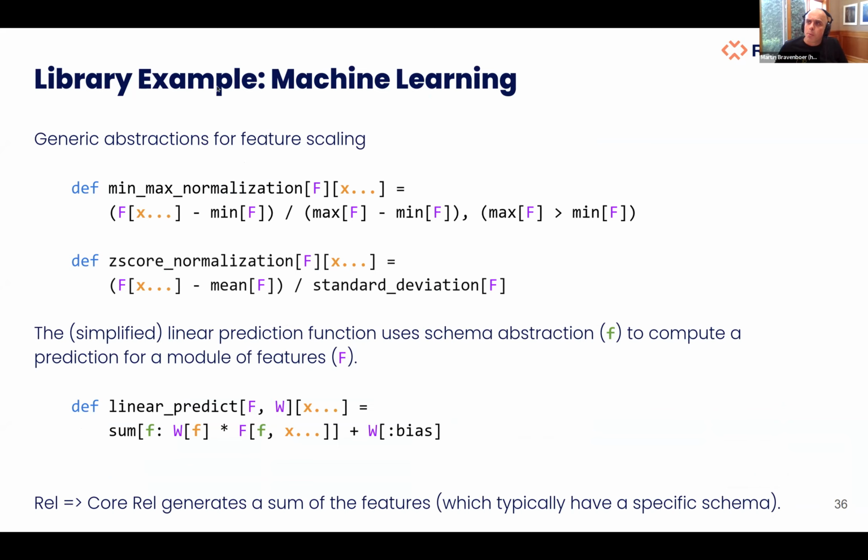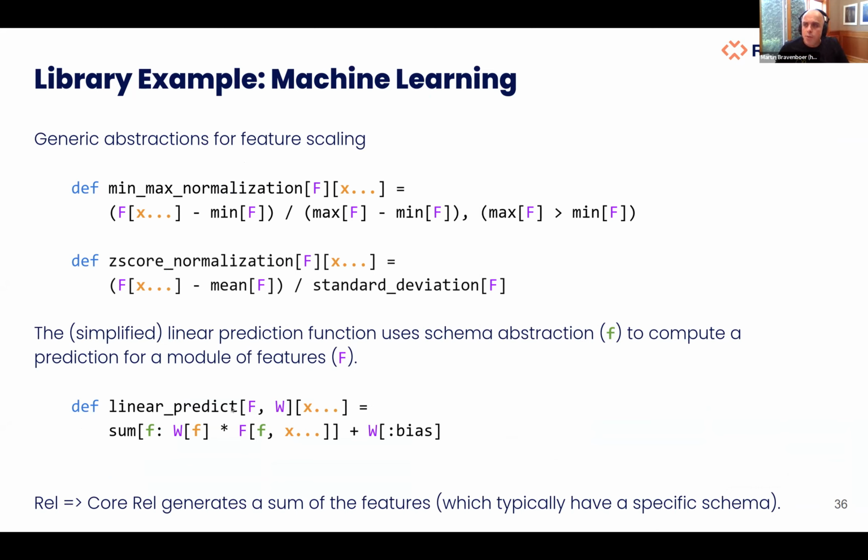To further expand on the machine learning capabilities, these are some abstractions for feature scaling. Typically, if you do machine learning, you need to scale your features for the model to work well. So things like min-max normalization and z-score normalization are defined within the Rel language, and you just use them as a library in your logic, and the system compiles them efficiently. Similarly, here's a linear prediction function.